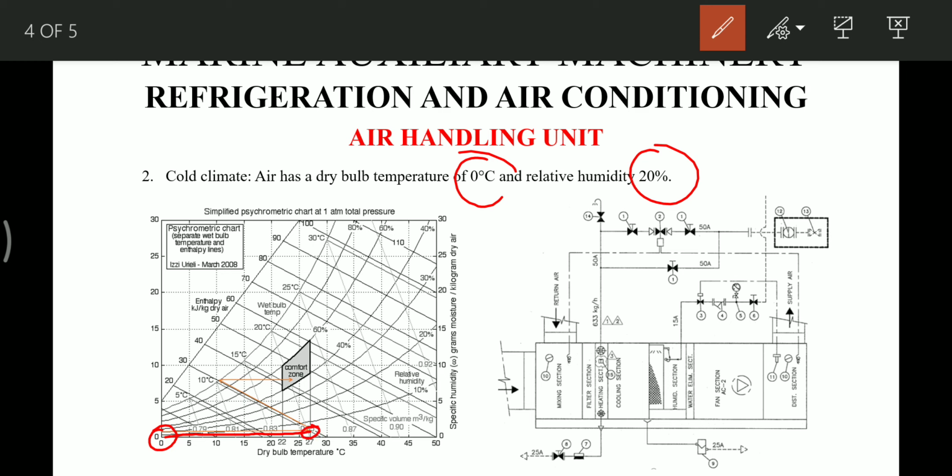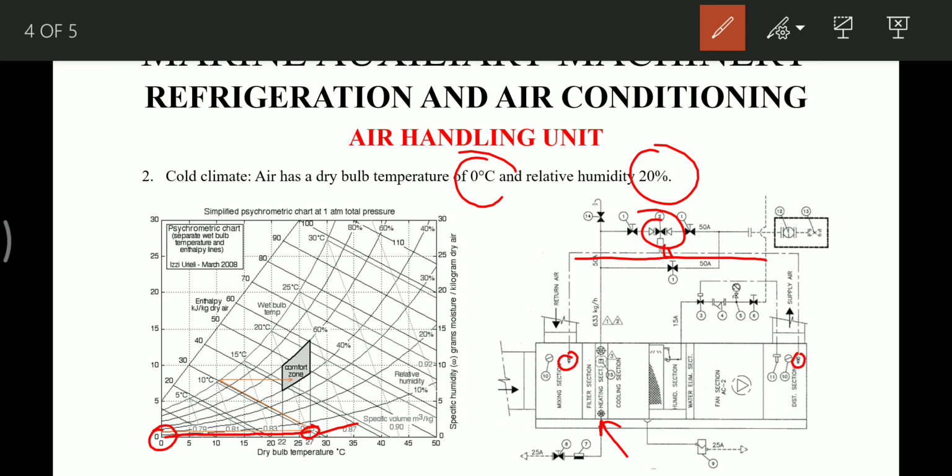We have to reach 27 degrees Celsius, and it is done by using these preheating coils of steam, and the temperature is controlled by these thermostats, which are placed in the inlet and outlet of the air handling unit, and which control the steam inlet valve, this valve. So after we reach 27 degrees Celsius, the relative humidity is 8%. This is the point where the temperature is 27 degrees Celsius and relative humidity is 8%.